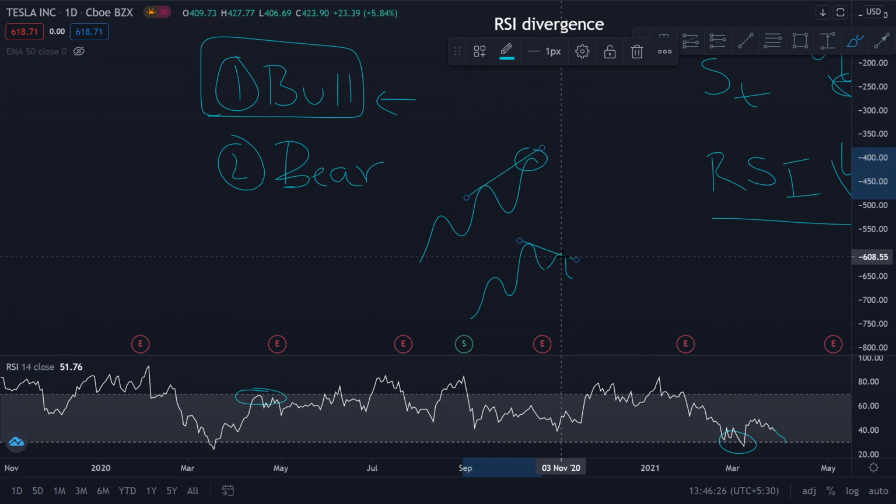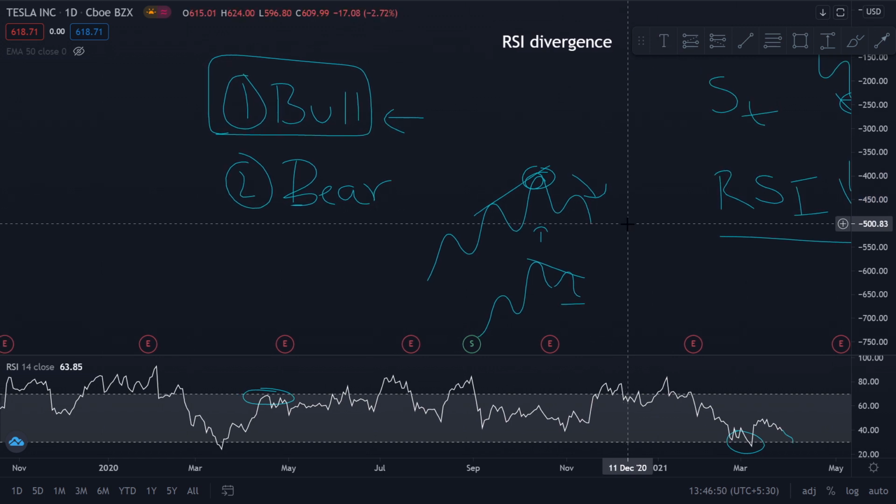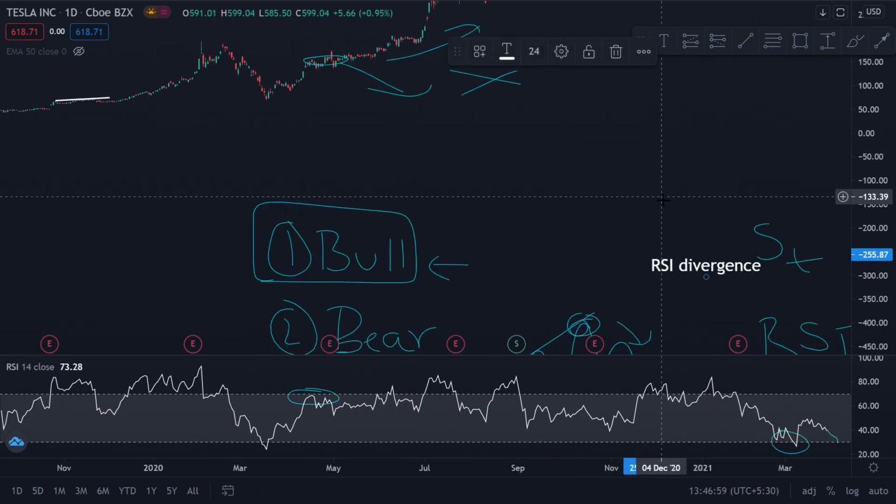I'm sorry, this is a lower high, not a lower low. So RSI makes a lower high, whereas the stock makes a higher high. So this is a bearish divergence, and we say that the buying momentum is decreasing here because the RSI is decreasing and is not able to keep up with the price. So there might be a reversal here and the stock might go down because the momentum is falling. This is a very important concept used to spot reversals in a trending market, right?